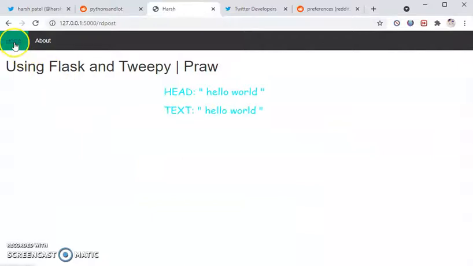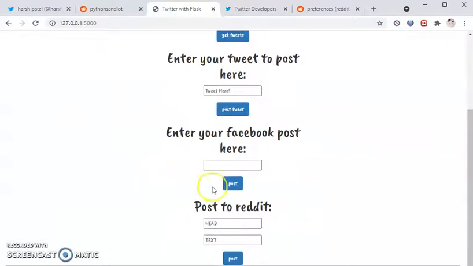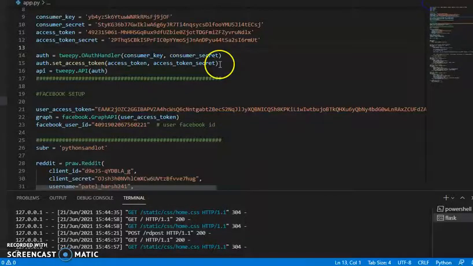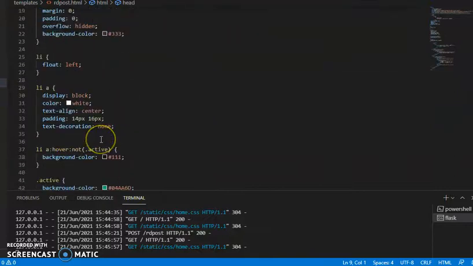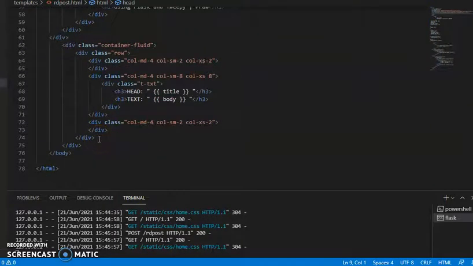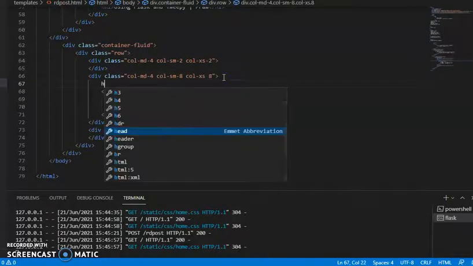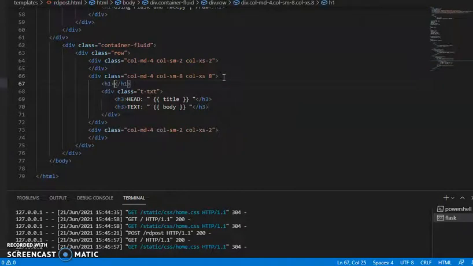To make this more interesting, we can change the success page and show the user that he or she has successfully posted to Reddit. We can introduce a header tag, and we can use an h3 tag because h1 will be so big in size.